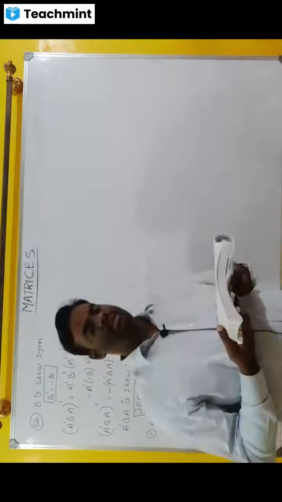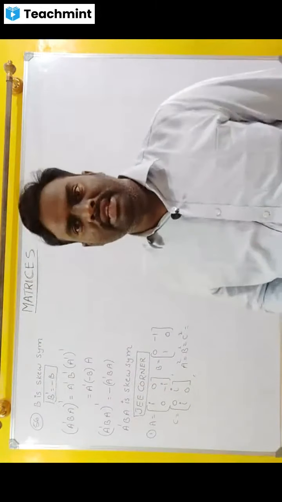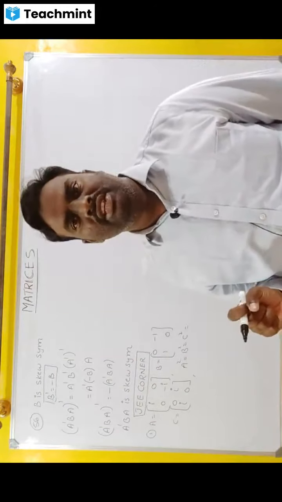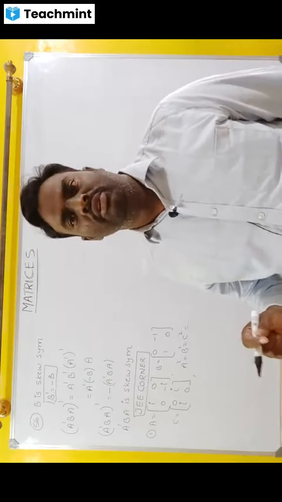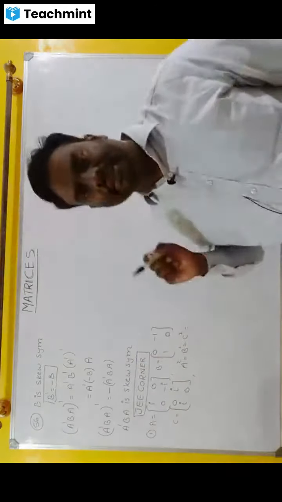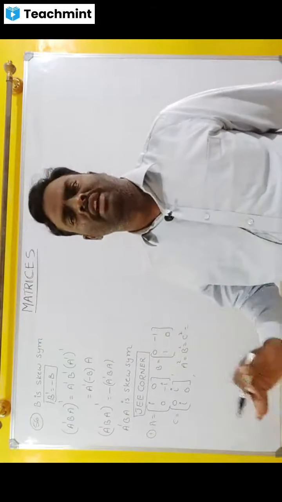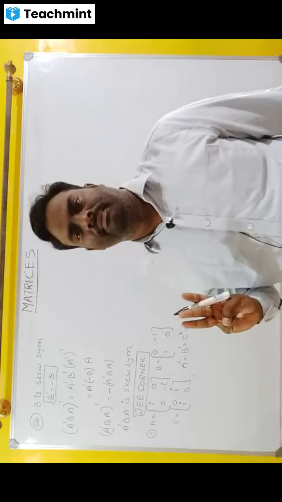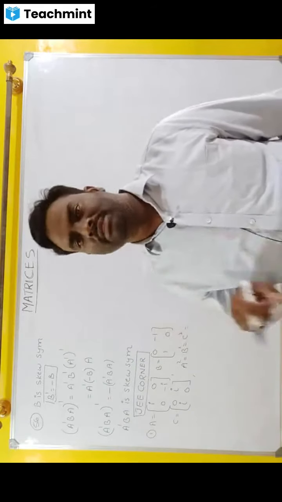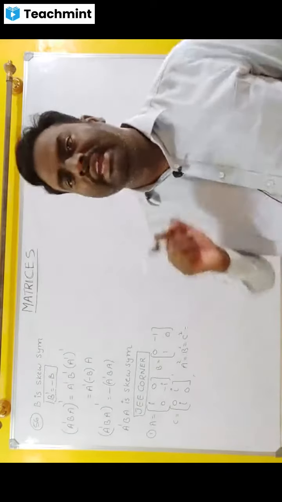Okay. From this question, A matrix is given, B matrix is given, C matrix is given, and they gave A square is equal to B square is equal to C square is equal to how much? That is nothing but A square value, B square value, C square value, all three are the same. You can find any one value, either A square, or B square, or C square. I am finding A square.